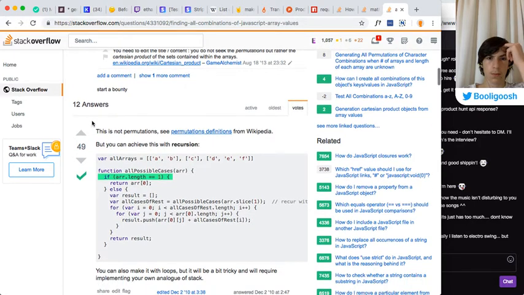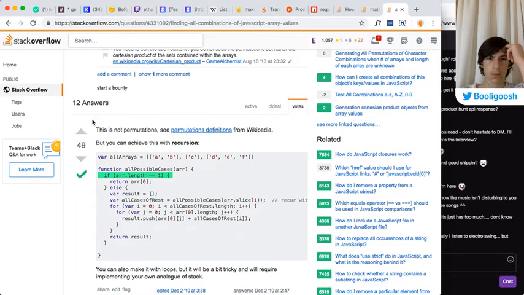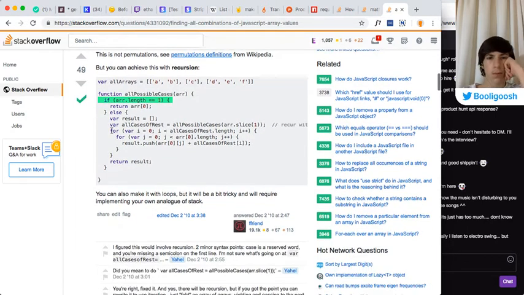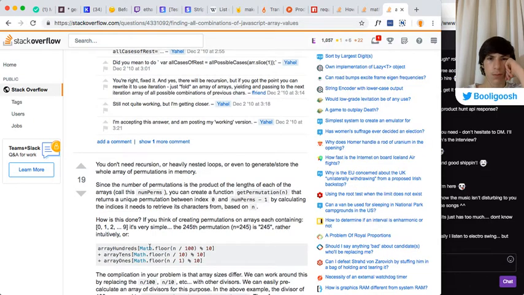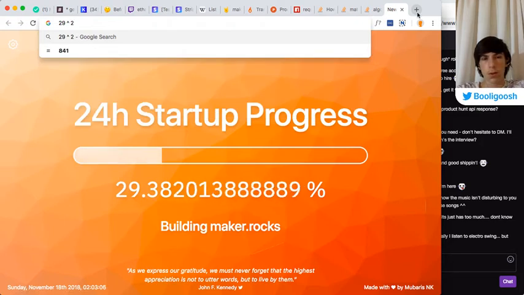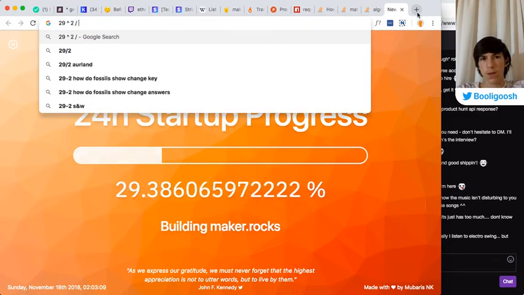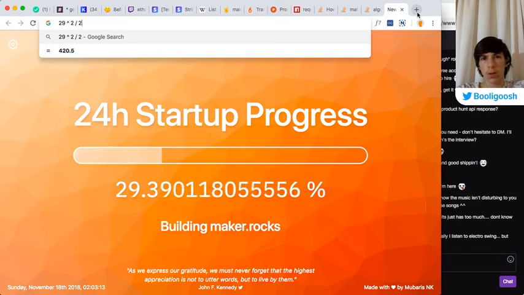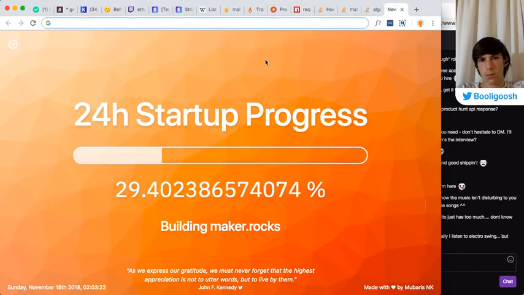Okay. So just squared. 29 to the power 2. 841 divided by 2.